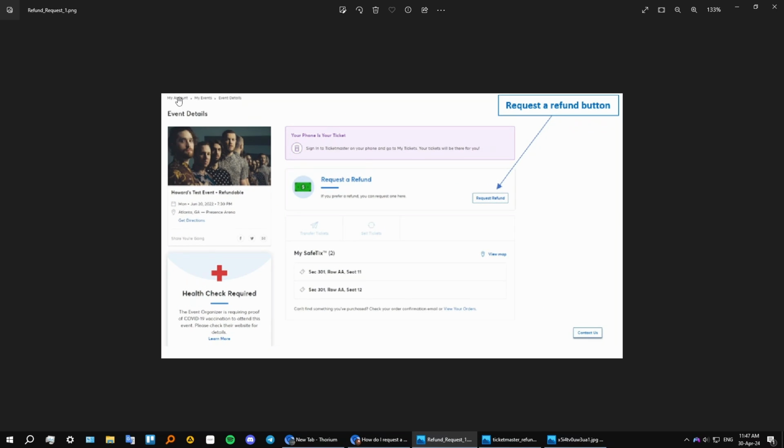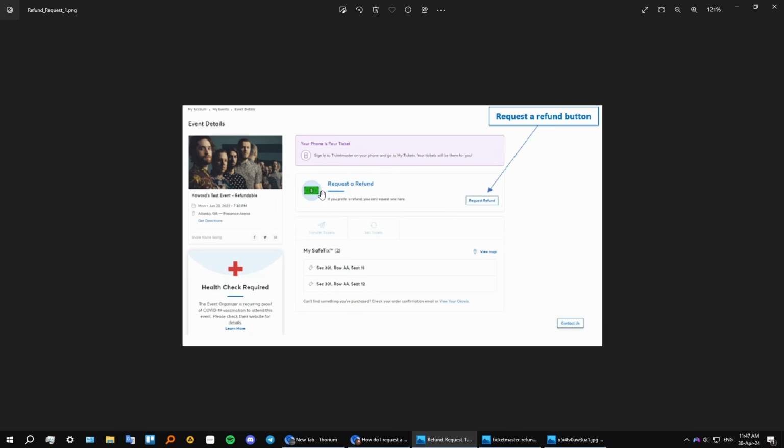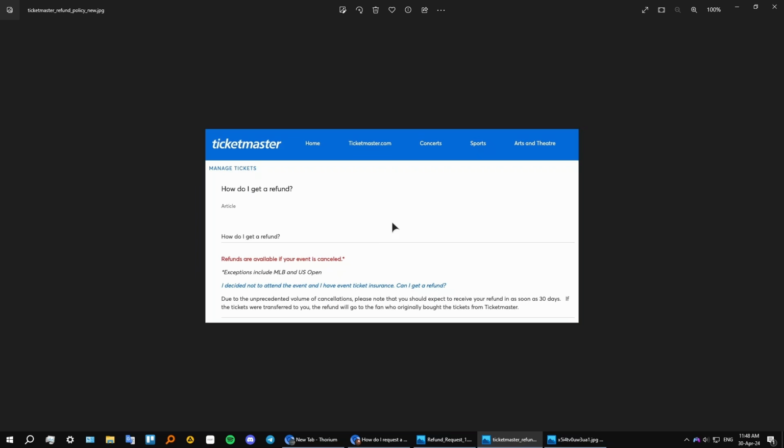Alright, as you can see, we have my account, my events, event details, and in here we have a request refund button. Depending on what kind of ticket you're choosing, if you have multiple, choose your ticket and press request a refund. Then some time will pass, and if you're eligible for a refund for a certain ticket, you will have your money back. Another screenshot, as you can see, refunds are available if your event is cancelled, and this is what it